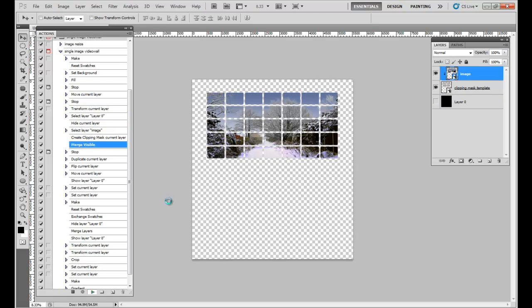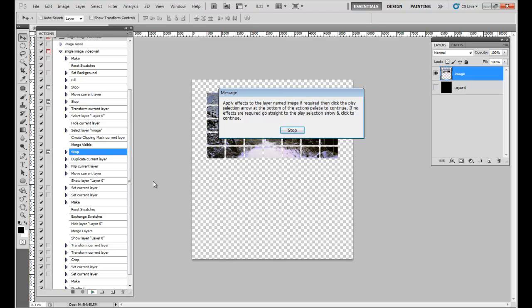The next box that pops up in front of you is advising you that at this stage you can apply effects to the video wall. If you don't wish to apply effects and you just want a straight video wall, all you need to do is click stop and then click the play selection arrow at the bottom of the actions palette. If, however, you want to try some